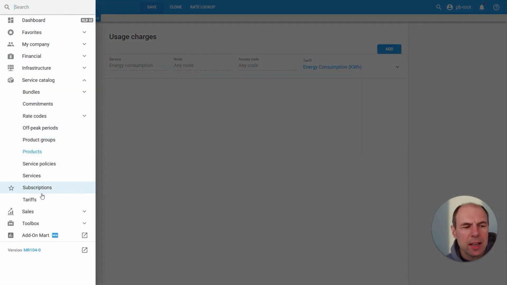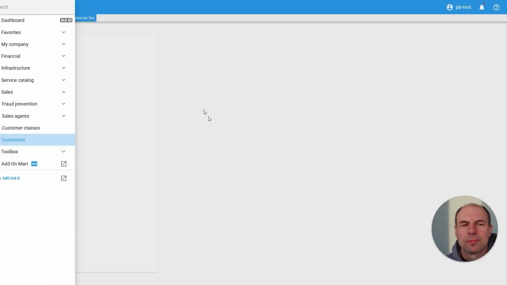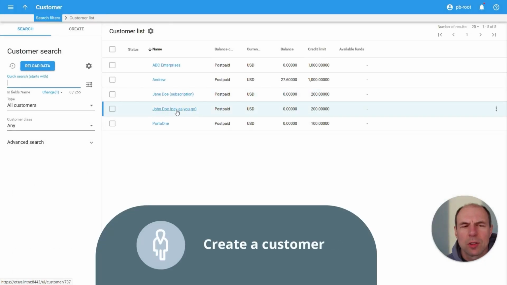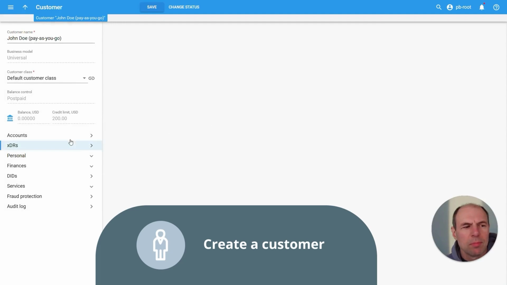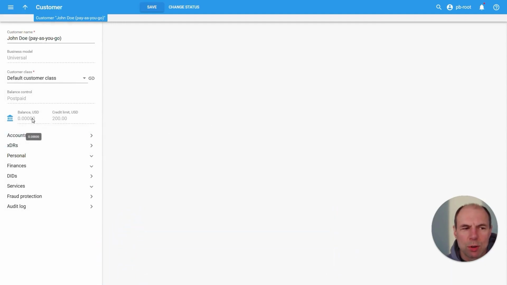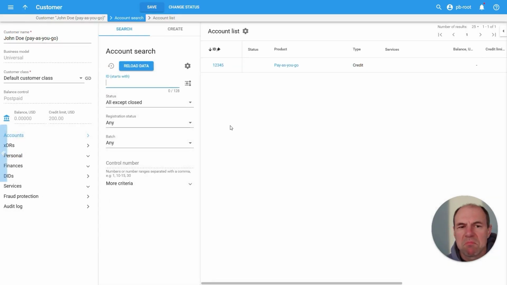And I created a test customer. So we have John Doe. Right now he has a balance of $0 and a credit limit of 200. And under John, we have one account. That's something which will actually authorize him to use the service. It can be a license plate, a vehicle identification number, or some other kind of secure token that lets us know it's actually him. But for now, for our testing, we're just going to use 1, 2, 3, 4, 5